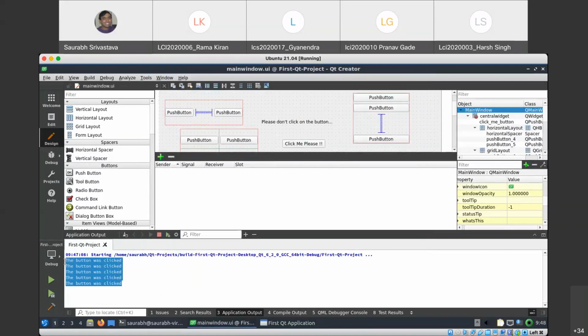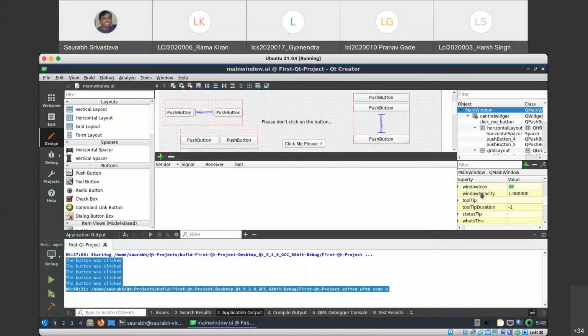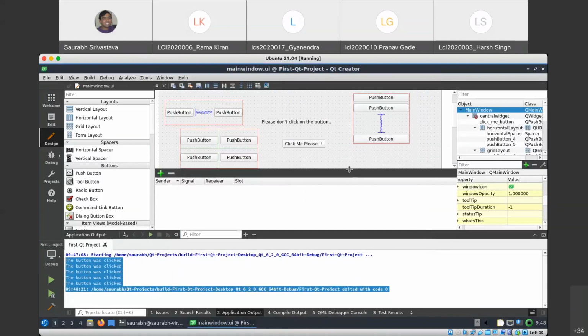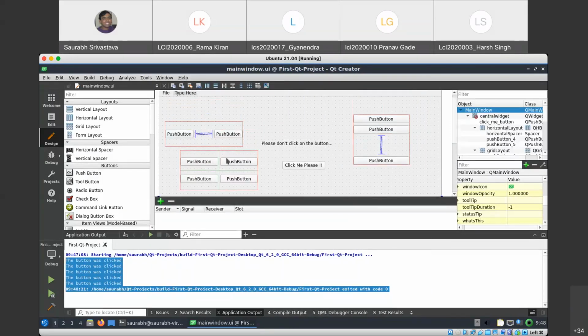Okay, then there are these layouting strategies. Let me first close it. So how do these layouting strategies work? This is a vertical layout.